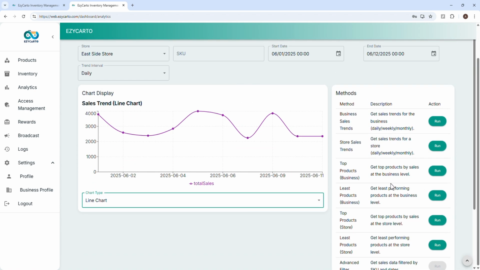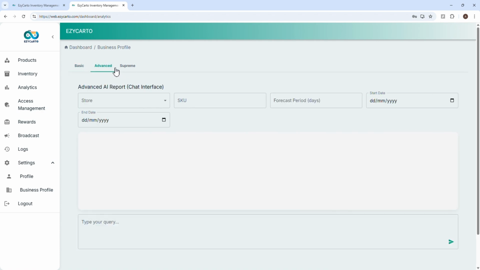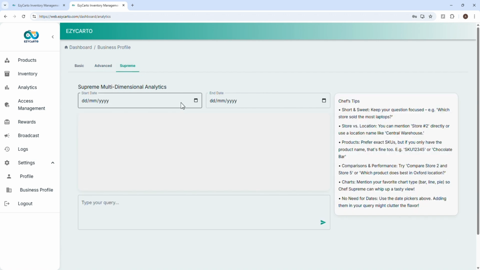You still have a lot of goodies, and this is the basic. The basic comes with everything. And for more insights and the ability to create reports, you have to go to advanced or the supreme. With the advanced you gain insight on a product in a store, but with the supreme you gain insight at the business level. Compare products, compare store sales, compare